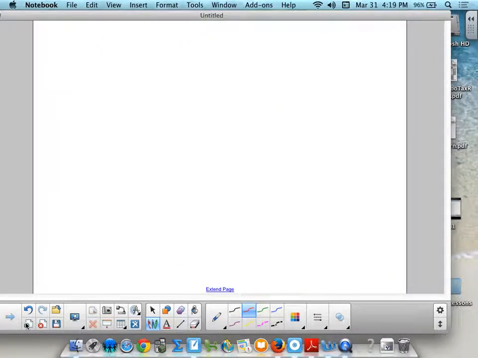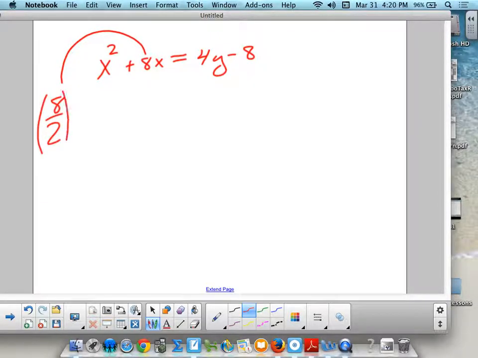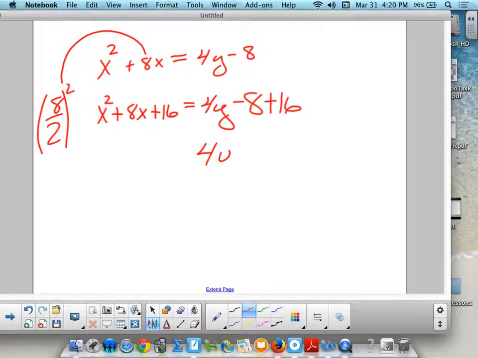Number 12. 13. Go to 13. The problem with 13 is it's not in standard form, so I can't really take out the vertex. So I got to do a little magic. My magic will be completing the square. All right, here we go. I'm going to take half of 8, square it, I get 16. So I add 16 to this side, and I add 16 to this side, and get 4y plus 8 equals,